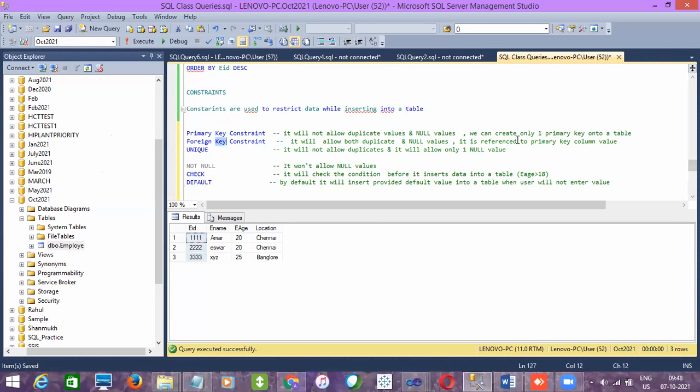That is what I meant: reference to primary key column means only 1111, 2222, 3333 can be inserted into the foreign key column. Other values we cannot insert. I'll tell you that tomorrow. And also, as I told you, we can create only one primary key constraint. If you want more, you have to create a combination of unique and not null.